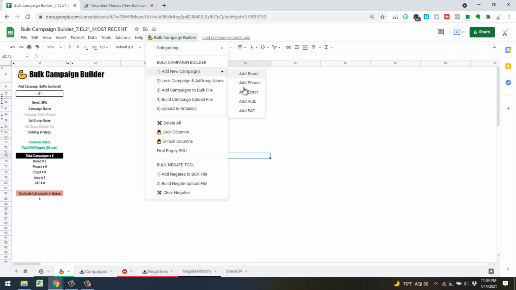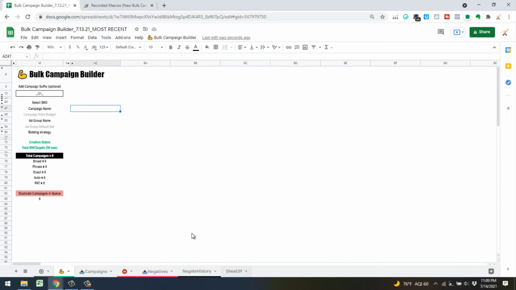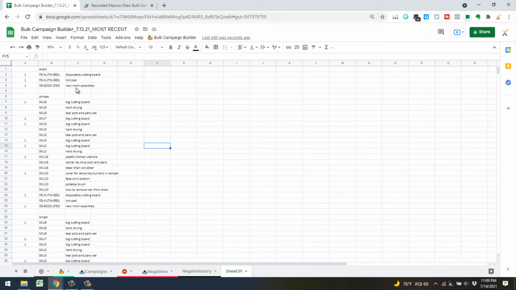You're just going to add all the different match types you want, and then we've got to paste in essentially our SKU and keyword, but it's best to get it in a horizontal layout, because then you can just copy and paste really quick, and it just cuts down on the time it takes you. So in order to do that really fast, what you'll want to do is copy those cells there, and then go down to the bottom of your data,